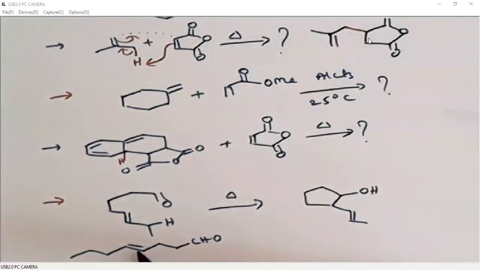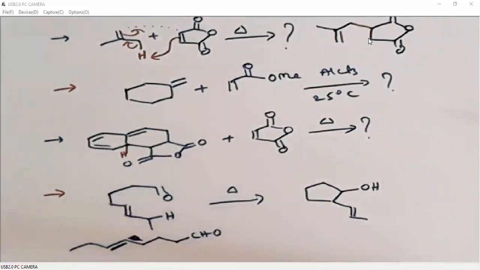I think the double bond is not properly placed, right? 1, 2, 3, 4, 5, 6, 7, 8. 1, 2, 3, 4, 5. Yeah, there should be three carbons. 1, 2, 3. Now this system, when it is heated, undergoes cyclization. It is an example of an intramolecular ene reaction. In the beginning, you may be worried how this cyclization is occurring, but you see, we have a double bond, an allylic system,